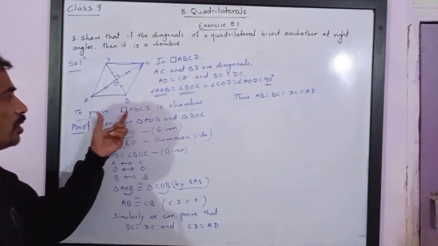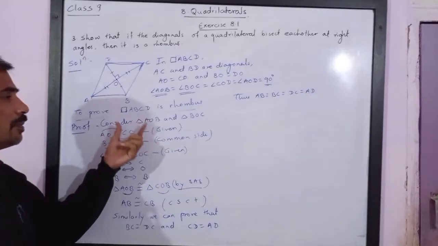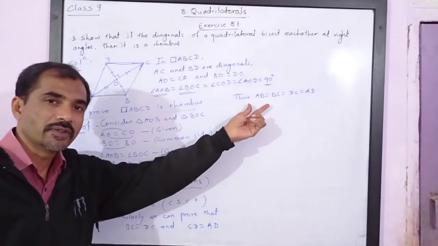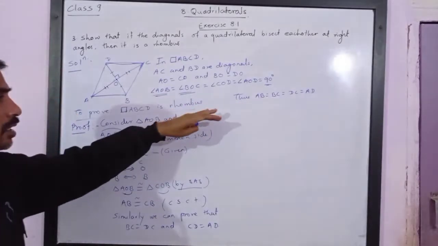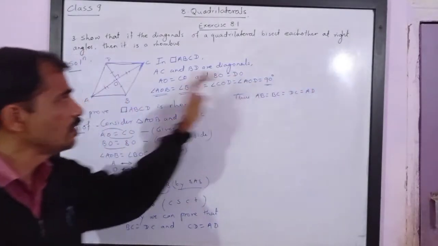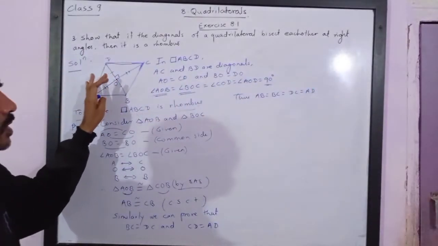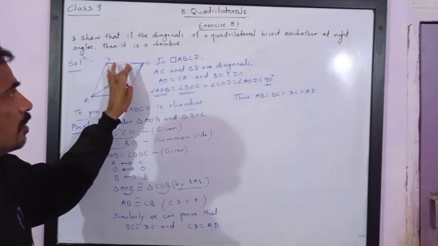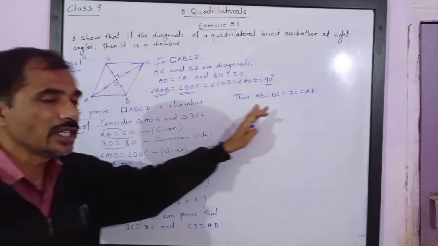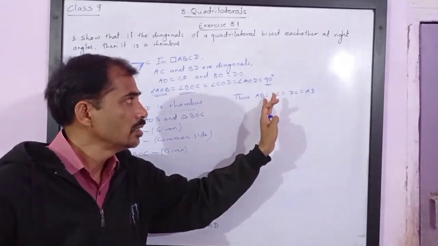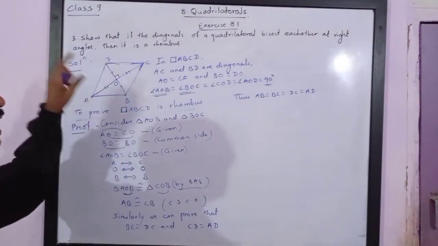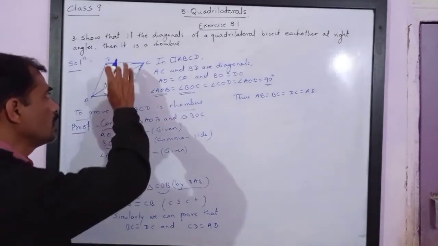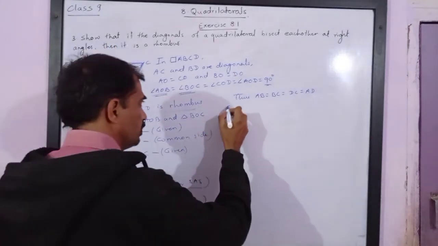The definition is, we need to prove that quadrilateral ABCD is a parallelogram with all its sides equal. So if we are able to prove it by this definition also, we can call this figure a rhombus. But this year we have studied some other definition: a parallelogram with all sides equal is called a rhombus. So here, in order to prove that ABCD is a parallelogram, consider opposite triangles.